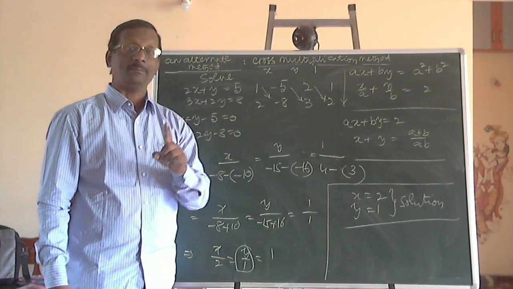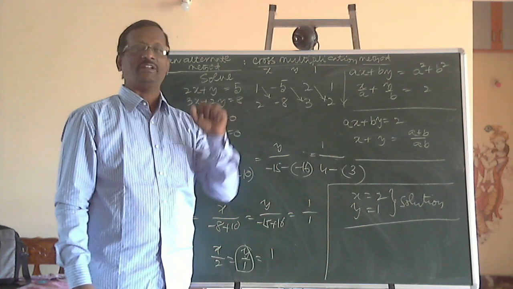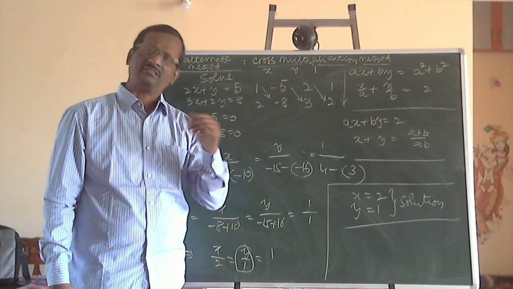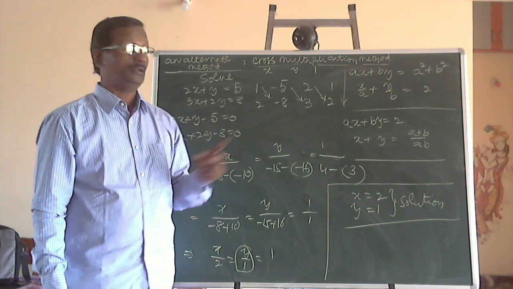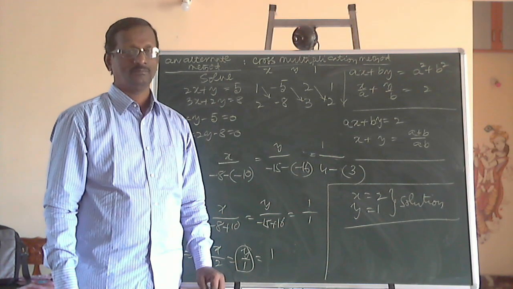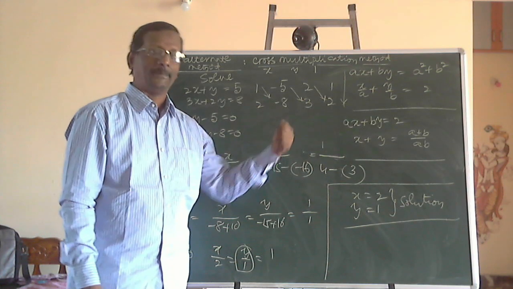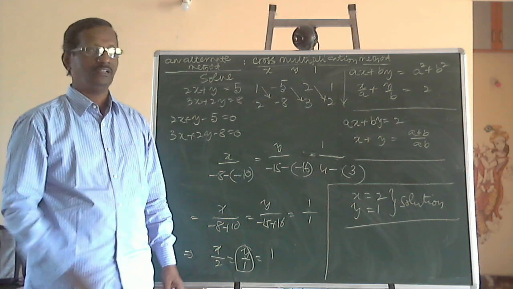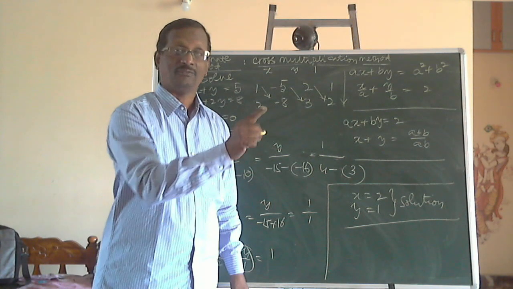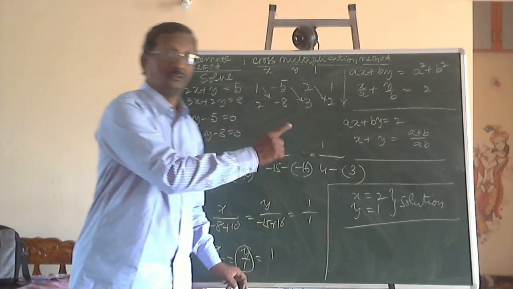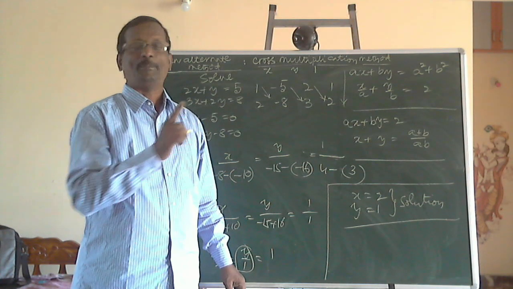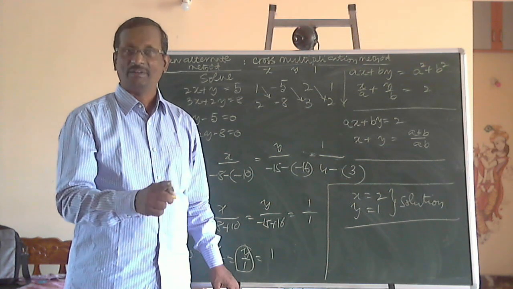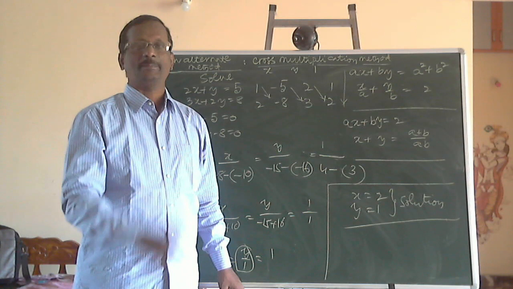But there are some applications. If it is an application of linear equations in two variables, or an application of quadratic equations, or some other application of any equation, there we will write the answer. By finding the answer in the application questions, therefore the fraction is equal to whatever it is. Therefore the age of son is equal to, age of father is equal to, therefore the 2-digit number is equal to. In that kind of application questions we will write answer. But normally for the equation we will write solution at the end. Please keep this in your mind. Thank you.